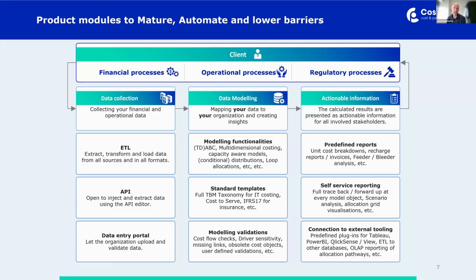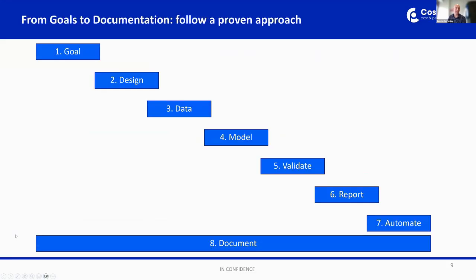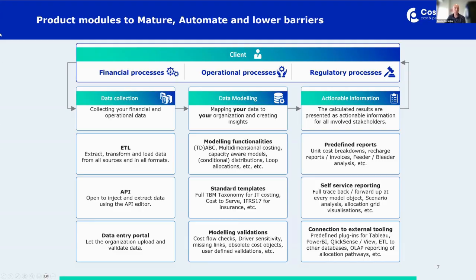And to address those common challenges, and this is the last part that I'll spend on what our software looks like, we have broken it down into 9 building blocks, because every single, and we'll get to that in a minute in the 8 steps. These are the 8 steps. Every costing model, cost allocation, you will have to do some data collection. Then you have to model that data, and that has to come to actionable information.